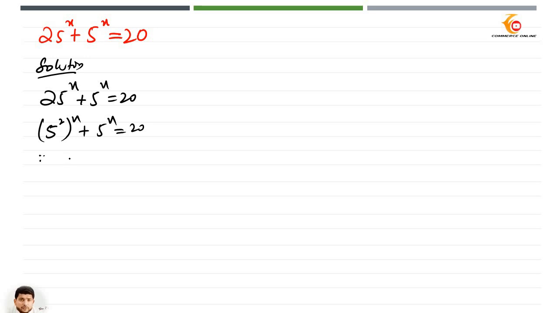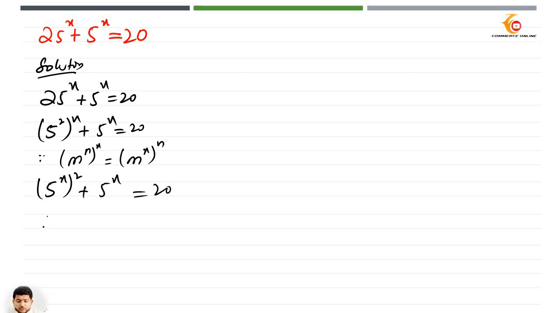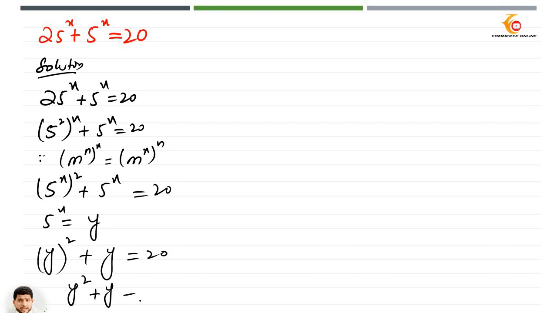when we take a power multiplied with a power, I can write (m to the power n) to the power x equals (m to the power x) to the power n. So I'm writing (5 to the power x) squared plus 5 to the power x equals 20. Now let 5 to the power x equal y, and now we have y squared plus y equals 20,